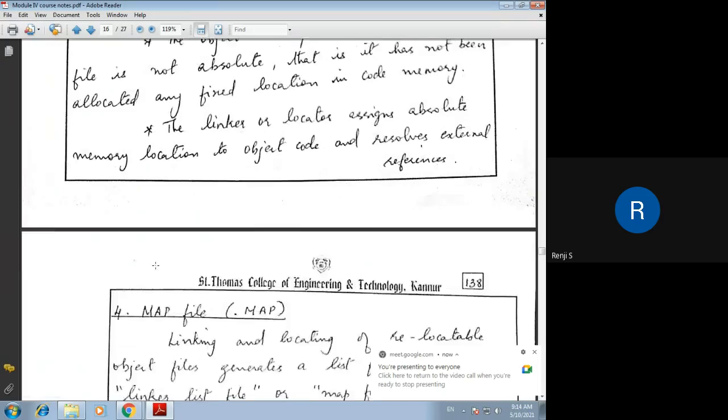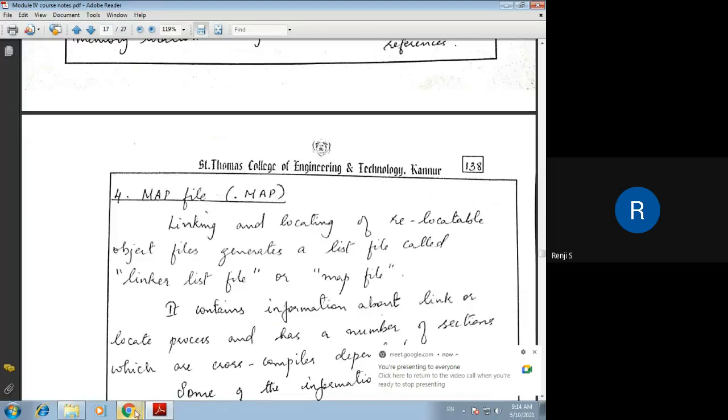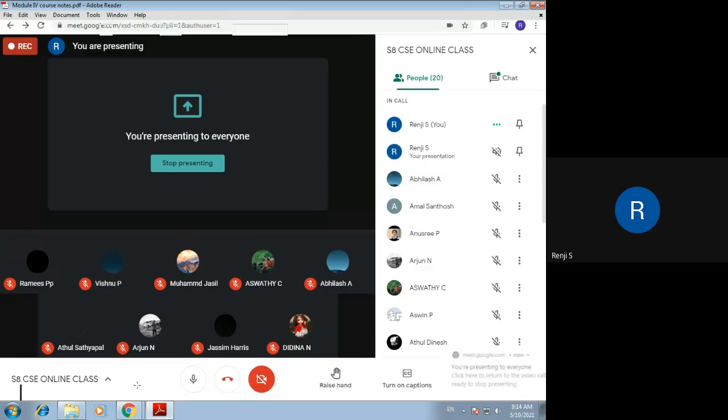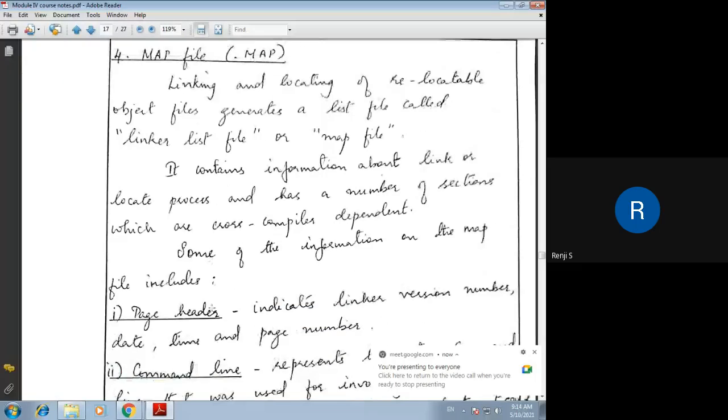So that is the third file, the object file. Then next you have the map file, the file with extension .map. So what is a map file? The contents of this file will be the code that has been generated after assigning the memory addresses, after linking and locating the relocatable object file.